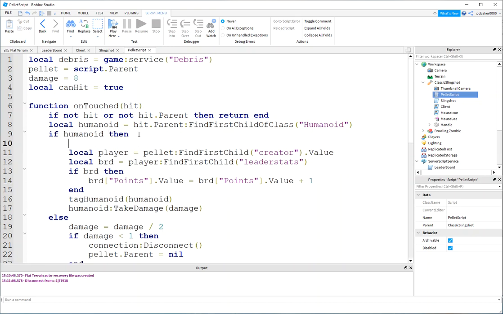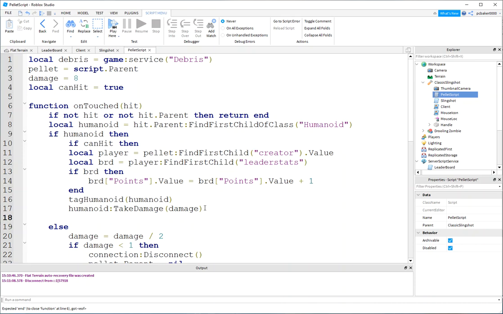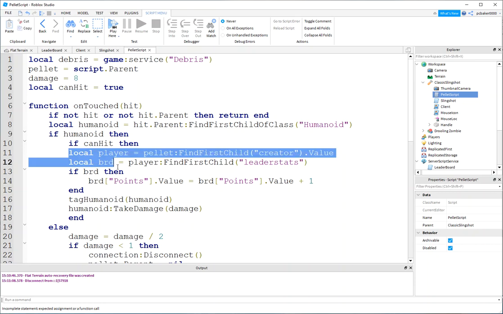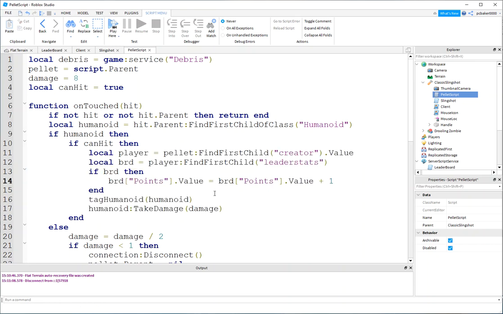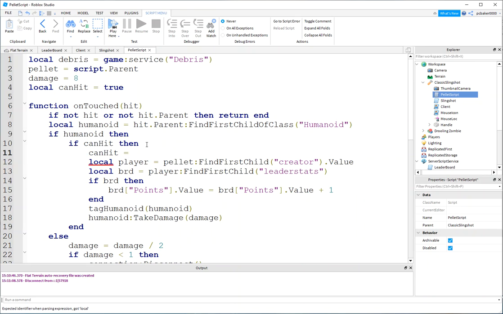I'm going to say if can hit, then I'm going to put it all in here. And let me do that end here. I'm going to move this in. Now I should only ever inflict 8 points of damage as soon as I make the can hit equals false. All right. So what's going to happen is we're going to create our script. We're going to clone it, enable it. This will be true. Our on touch will fire, but for that ball, I can only do damage 1 time